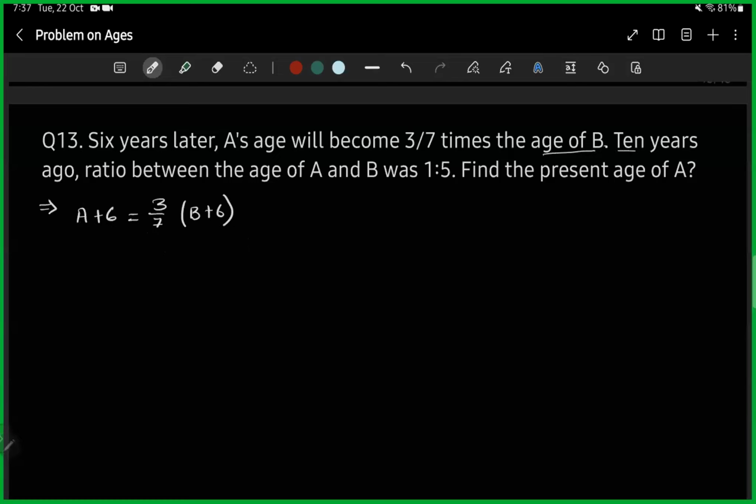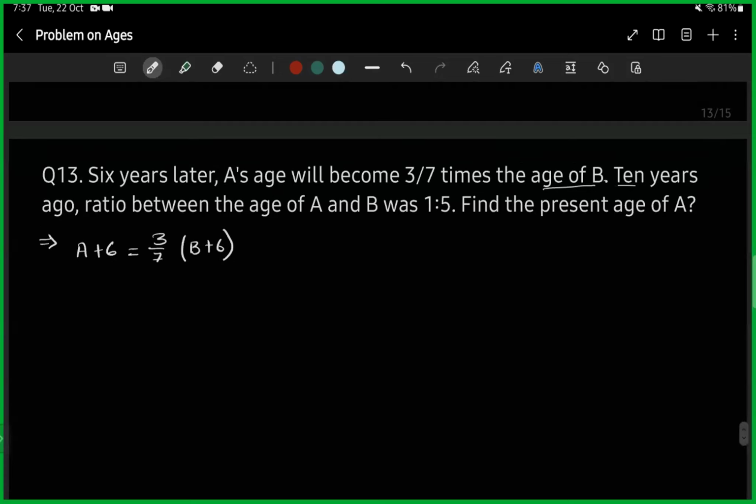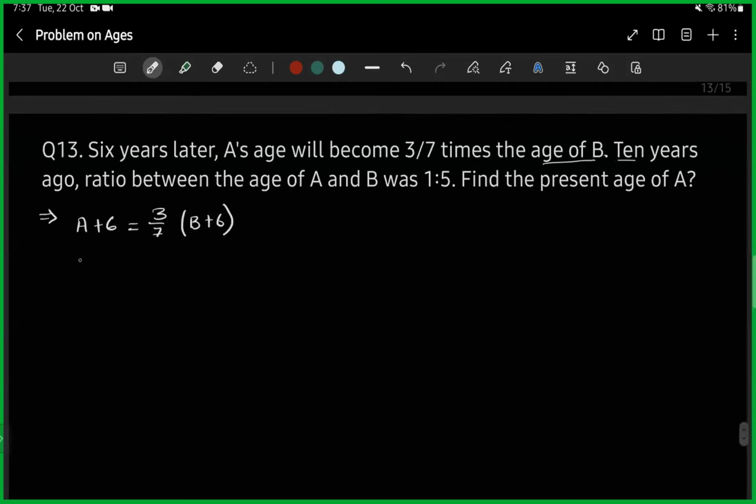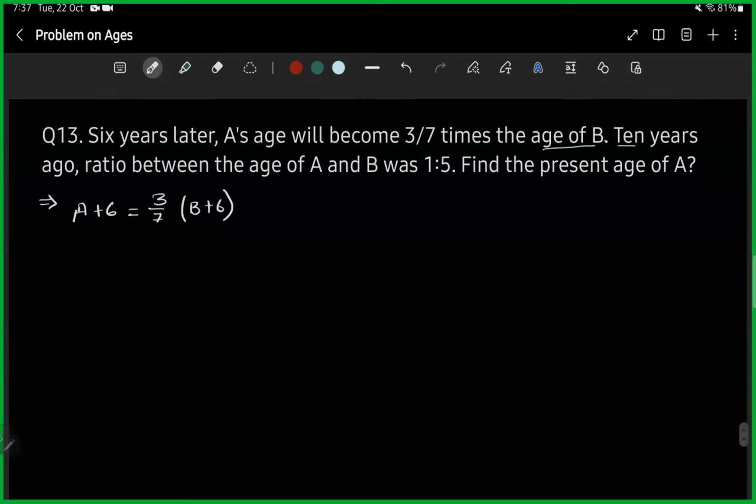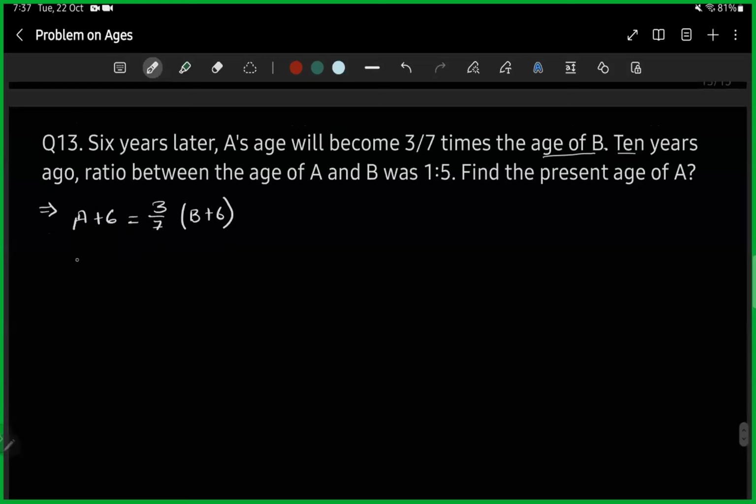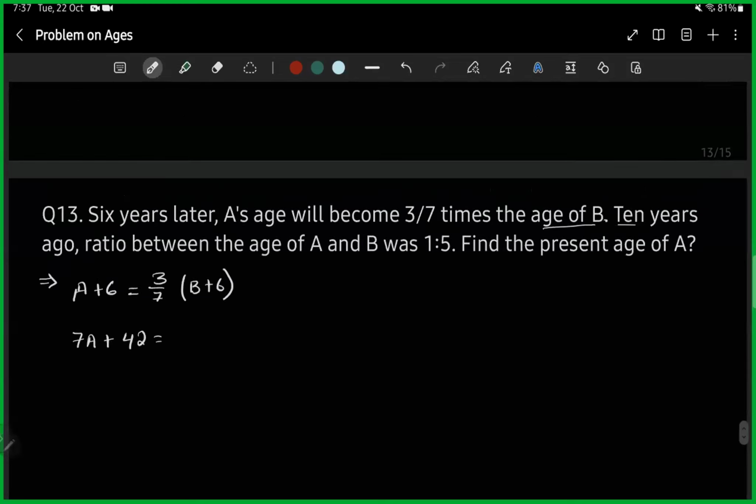So let us write further, and then you cross multiply this and this on the right hand side. So here you'll get A into 7 times, 7A plus 7 times 6 is 42, and on the right hand side